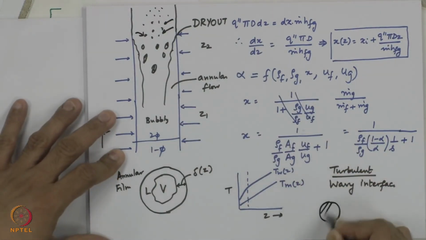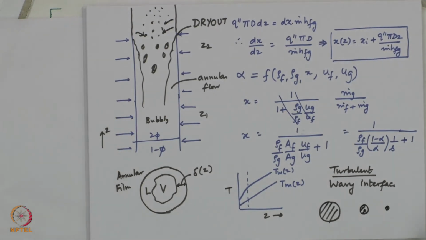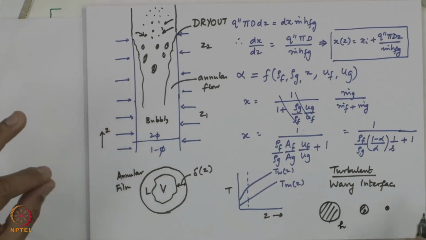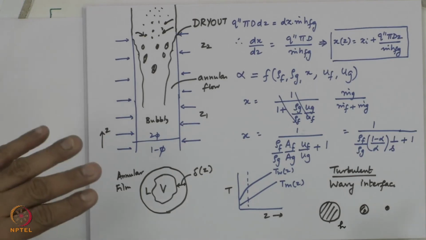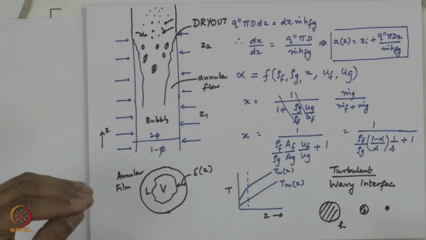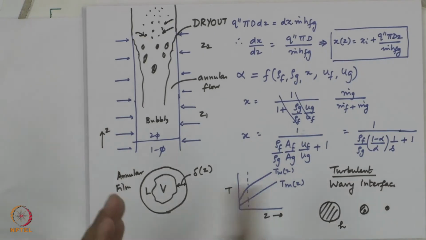Evaporation, or if this is a large droplet, when it evaporates it becomes a smaller droplet. Evaporation is a surface phenomenon. 4 pi r square is the surface area of a sphere. So, there is a nice surface area through which evaporation occurs. So, H can be reasonably good in case of a dry out, because of these droplets which are present, though the droplet size will decrease, you have a sink for the heat,